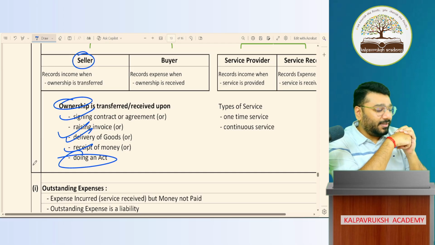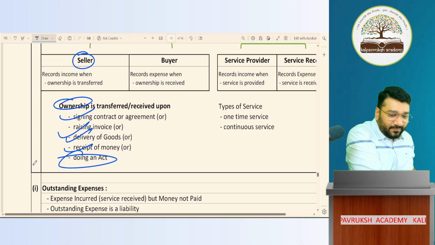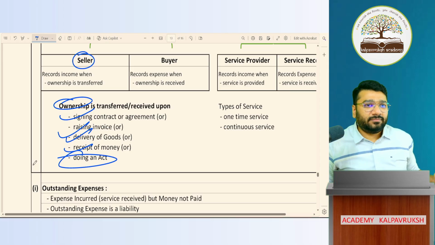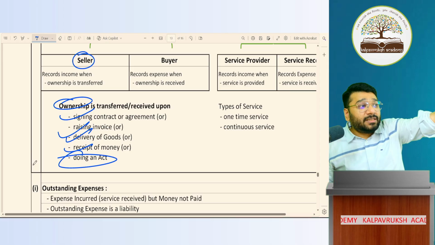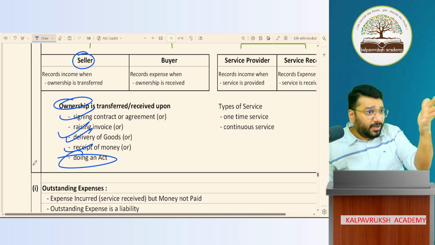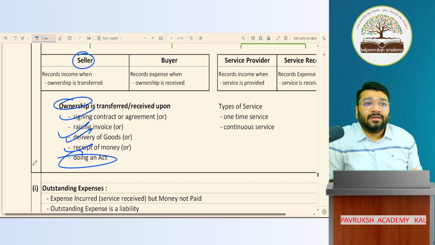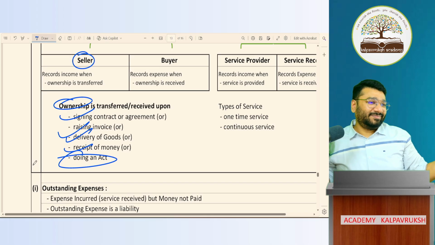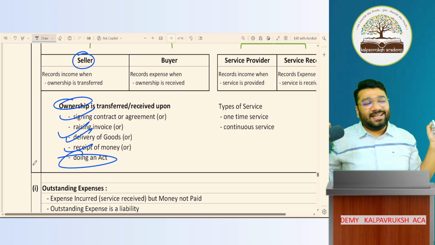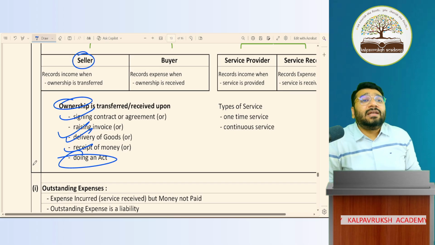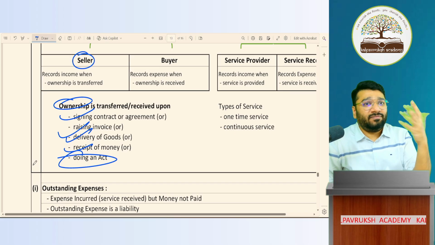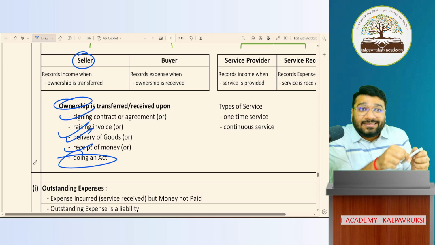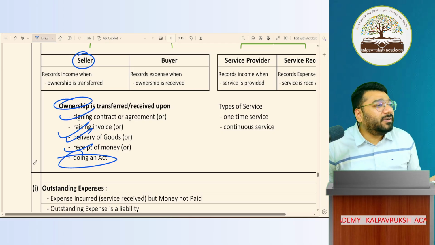So if my son goes to a departmental store, takes the chocolate like this and keeps it back, is ownership transferred from the departmental store to me? No. But by chance, he took this chocolate and tore the wrapper. Now, is ownership transferred or not? Yes. I have to pay the money. What will the departmental owner say? Take the chocolate and go. We cannot sell this to anybody because the wrapper is broken. Nobody will buy. So by doing an act, the ownership is transferred. Got it, not got it?